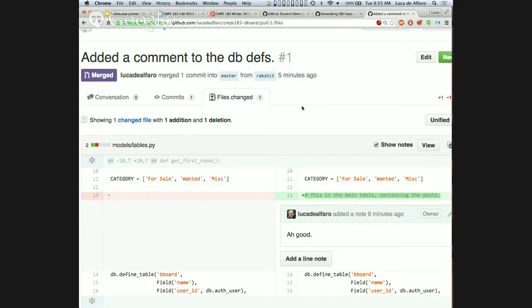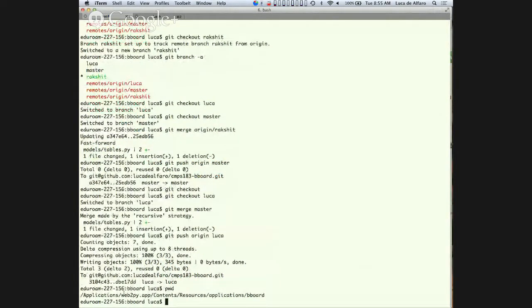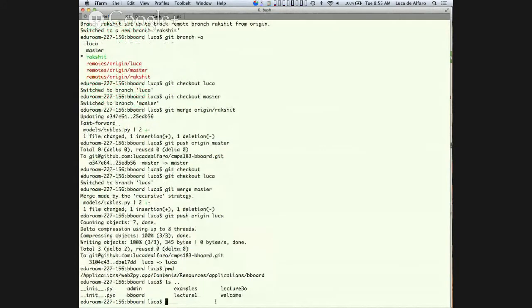So your point is, what do we have to version? Actually, this is a very good question. What is it that I'm versioning, fundamentally? Look at where I am. Don't look at the prefix, the prefix depends on where it is. But in the applications directory I have all my applications, and I'm versioning not Web2Py, but my single application. So if I'm developing bboard, I'm inside the bboard directory, and there is where I created my repository.